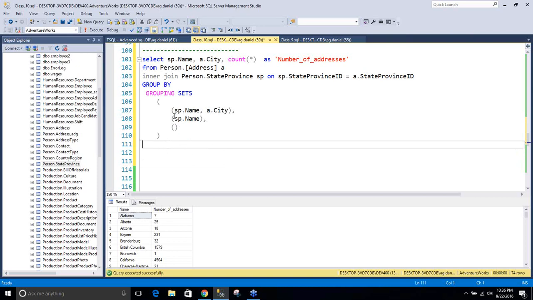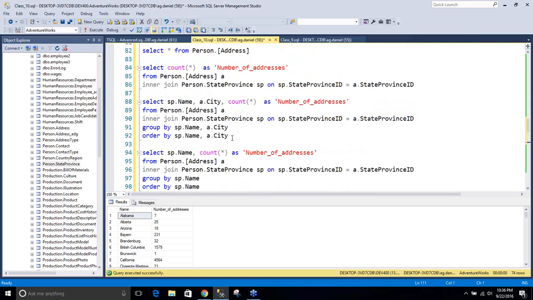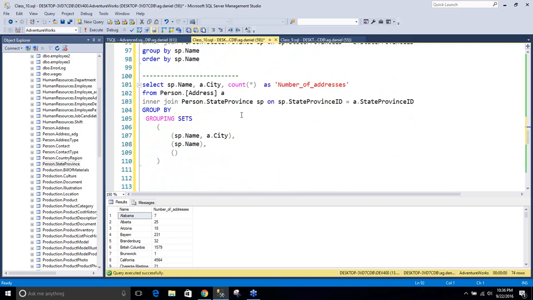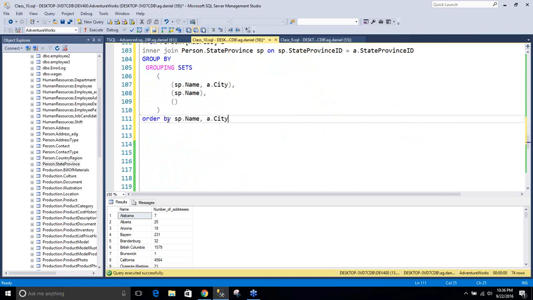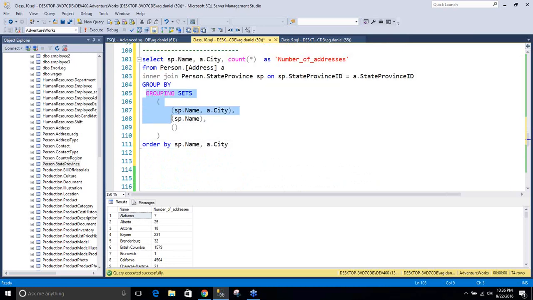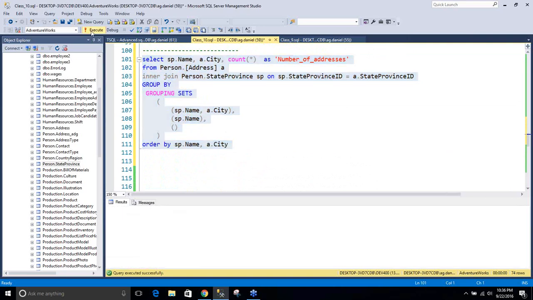And now I want to order it based on state and city, so I put an order by clause. So this is what that grouping set is. Normally when you say group by, you follow it with the column names. But if you want to group the same records in multiple ways, then after the group by you say grouping sets, open the bracket, and inside that bracket specify all the different sets you want to use for the grouping. This statement is going to be grouped in 3 different ways, and we are going to see the result now. Now, if I execute this statement,